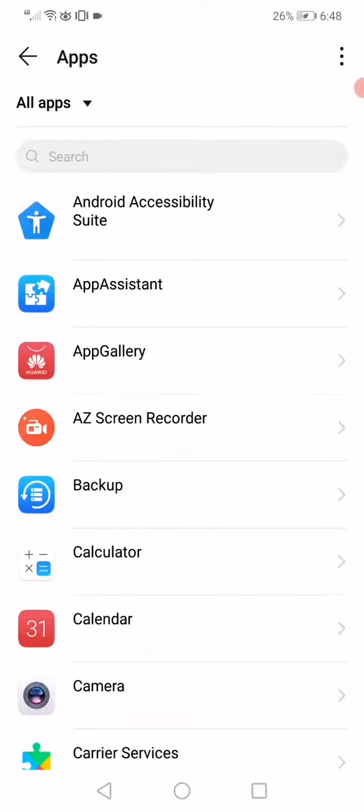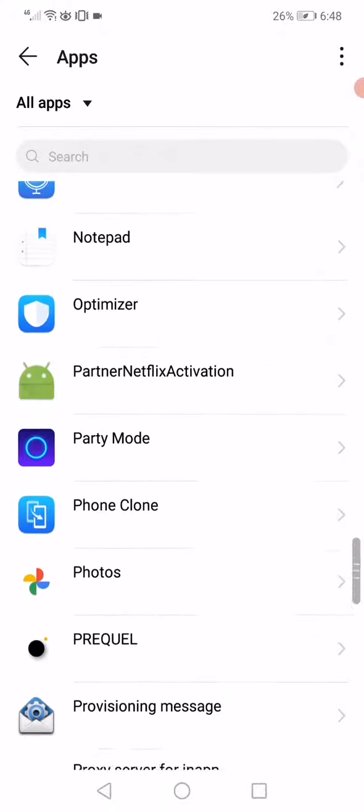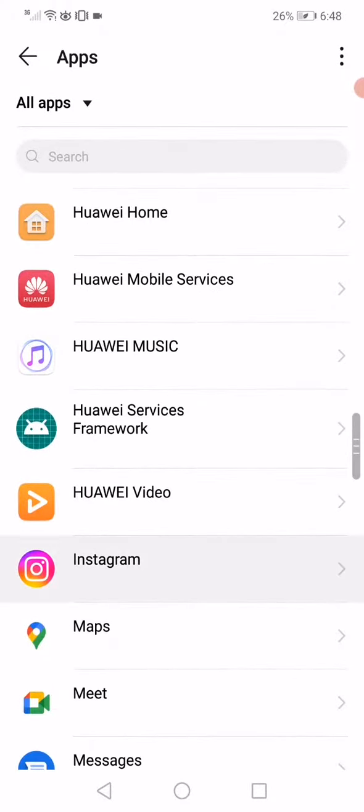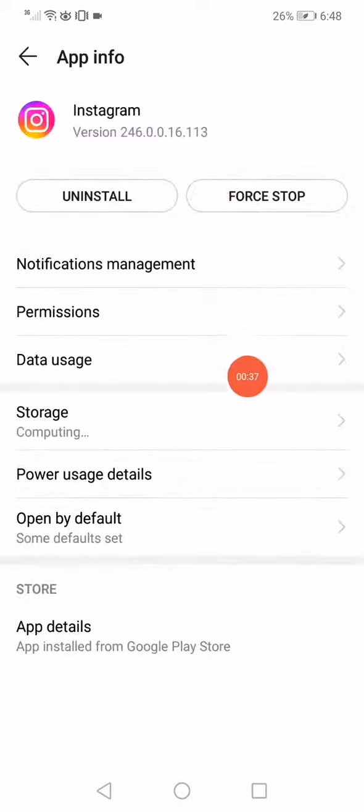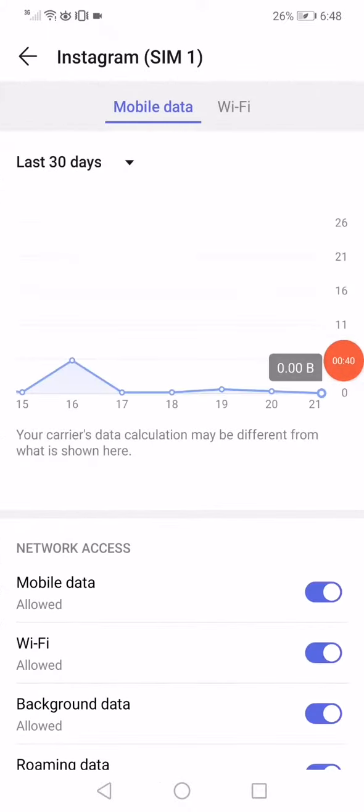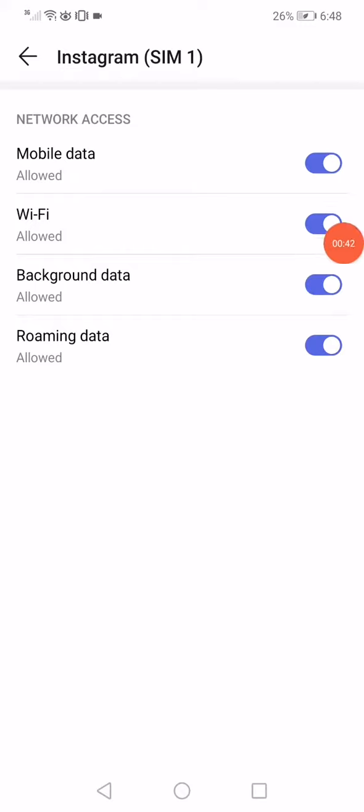After that, open the apps manager, go to the apps, and now you have to wait a few seconds. After you wait, then you have to scroll until you find Instagram. Click on it, click on the data usage, make sure everything is enabled right here, and